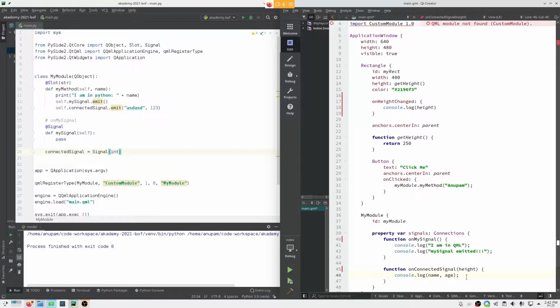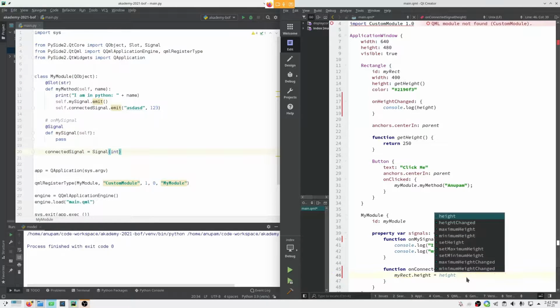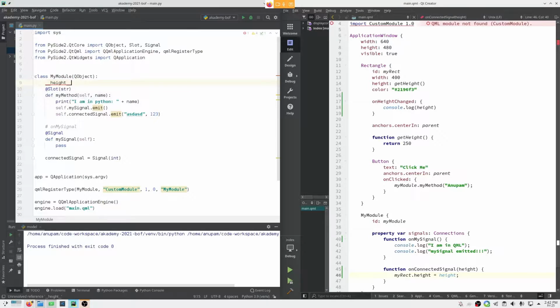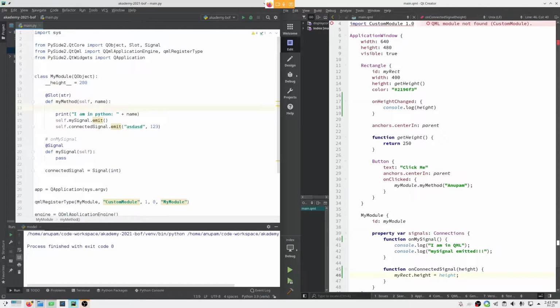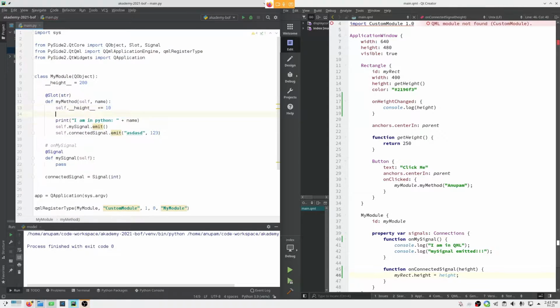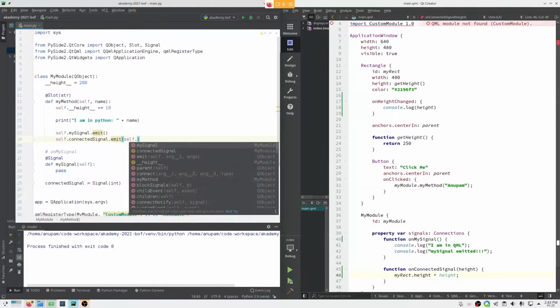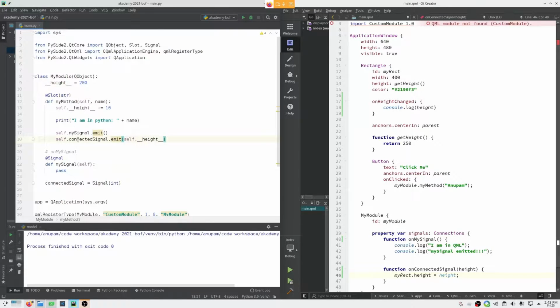So I'm gonna set the height of that rectangle to the value I am receiving, and on the Python side I want to define a class variable, say for example 200, and on every click I want to increase the value by 10, and emit that value with the connected signal, and on receiving the connected signal it should set my height.